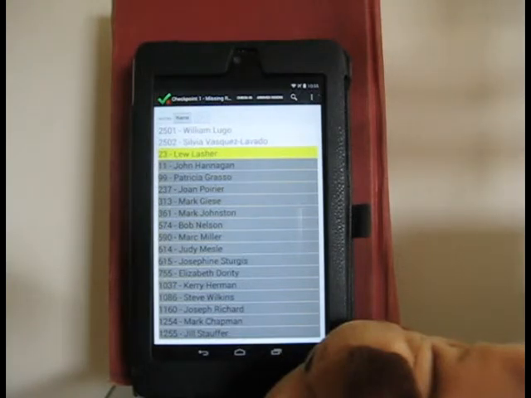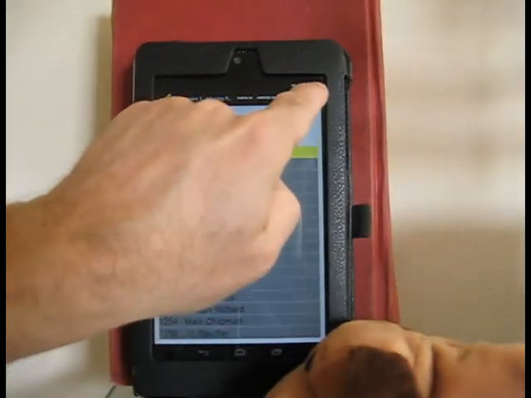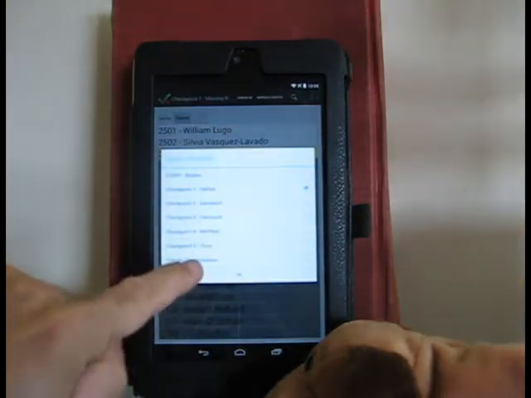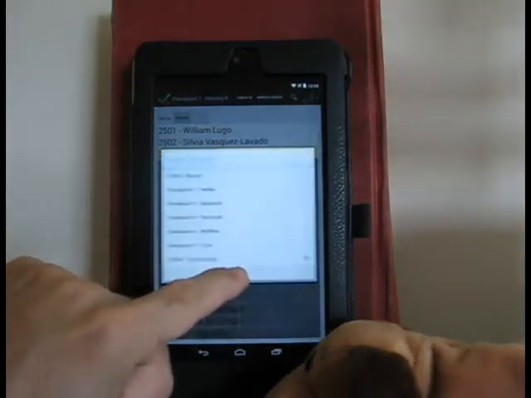In general, the app can be used standalone at only 1 checkpoint, or it can be used at several checkpoints. Ideally, it would be used at all 7 checkpoints. The more data you have, the more useful it is. But even if you're only using the app at 1 checkpoint, I think the biggest benefit would be if you're using it at the finish. So I'm going to select the checkpoint for the finish here,